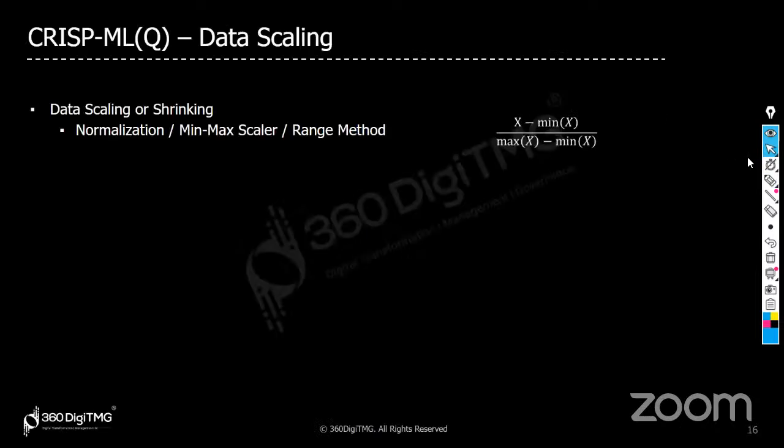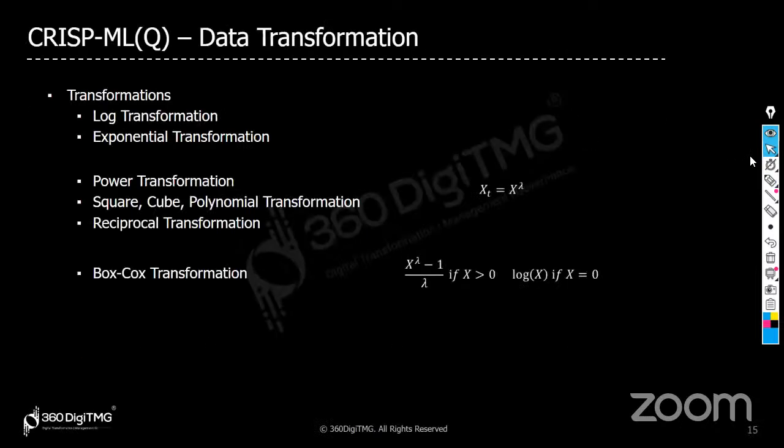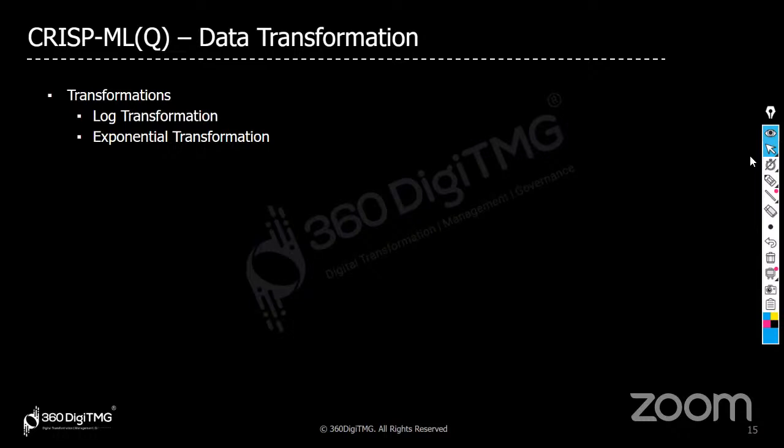So we are talking about data transformations. First of all, we have log transformation and exponential transformation. You already know about how a curve will look when you have log and exponential. So suppose there is a plot like this. So here, if you have a curve like this,